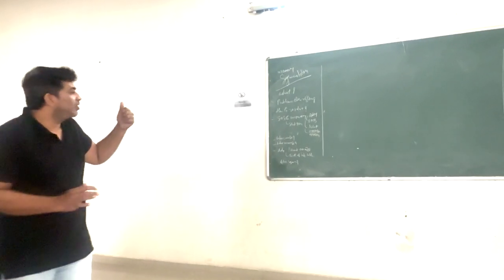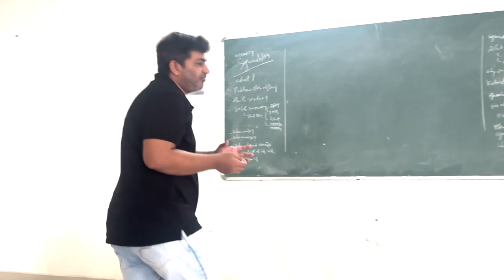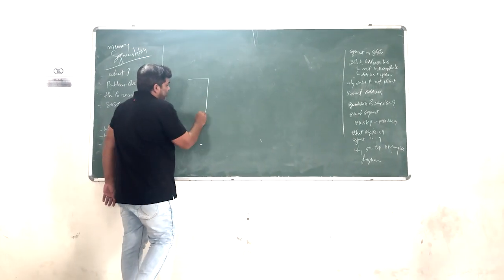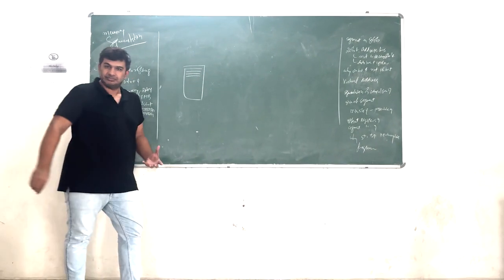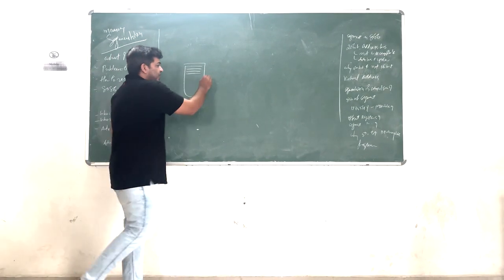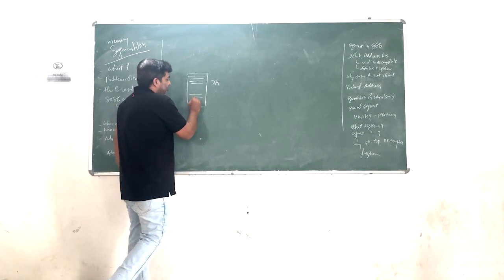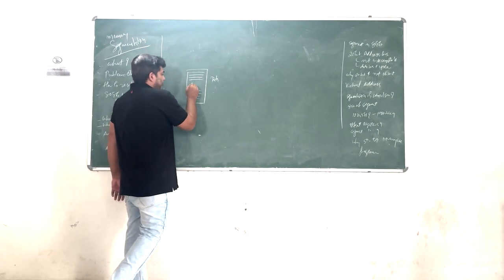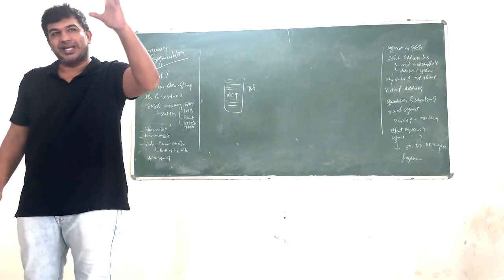Get it? Question number 2. Why we need to do this? What is the problem? If everything is fine, can't we use full RAM as RAM itself? Why we need to divide it? So try to understand. This is my memory. My program is stored normally sequentially. Yes, we stored our program in sequence. Then there is data. So suppose WhatsApp is my program, messages are my data. That messages are stored randomly at any place. And there is something called stack. Now stack is normally stored in a backward position, from bottom to top. It will go like that.